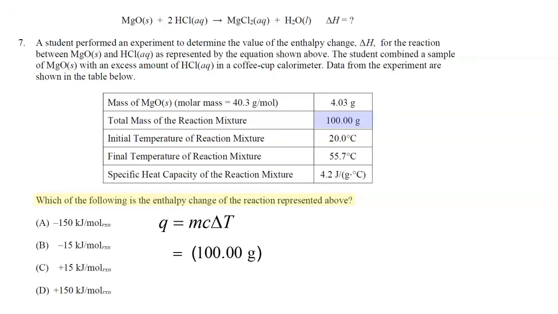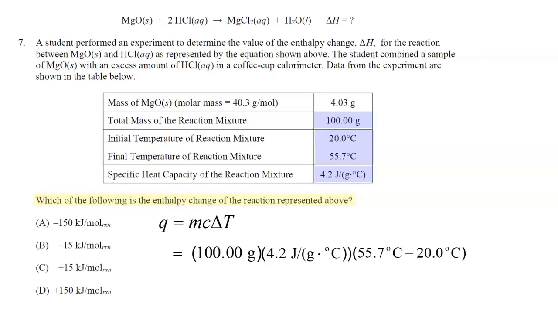The C is the specific heat capacity, and we are told that the specific heat capacity of the reaction mixture is 4.2 joules per gram degree Celsius. And the change in temperature is going to be from 20 degrees Celsius to 55.7 degrees Celsius. So that's a delta T, or a difference in temperature, of